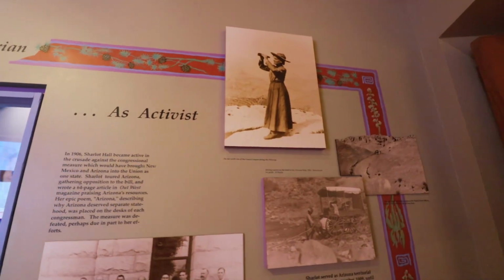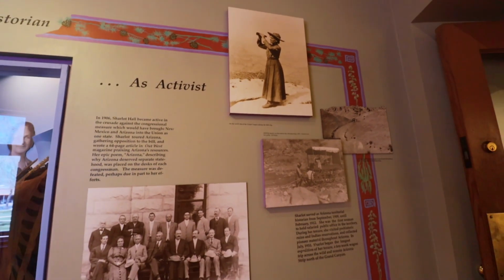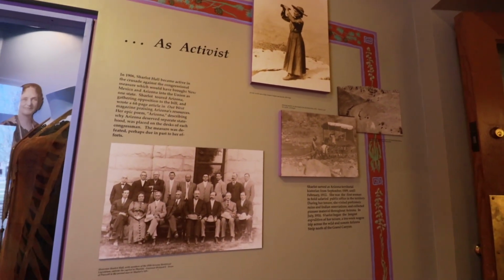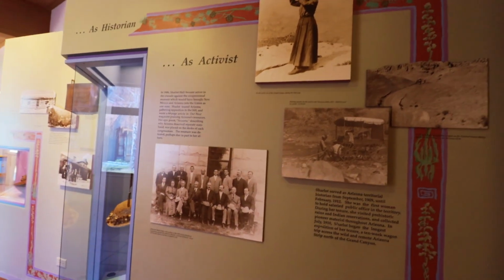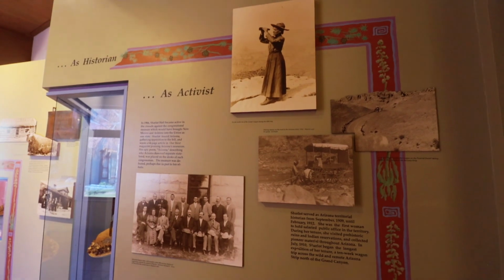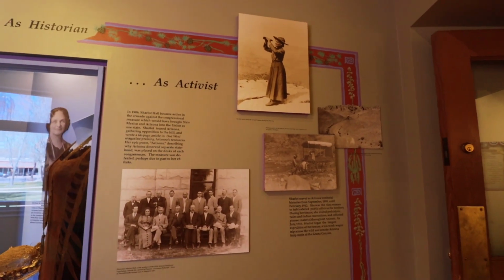Now, we mentioned she was an activist. Her activism actually became crucial in the crusade against the congressional measure, which would have brought New Mexico and Arizona into the Union as one state. She advocated that there be a division and each one be able to stand their ground and be their own independent place. Charlotte went on to be the first salaried woman in government here in this area,